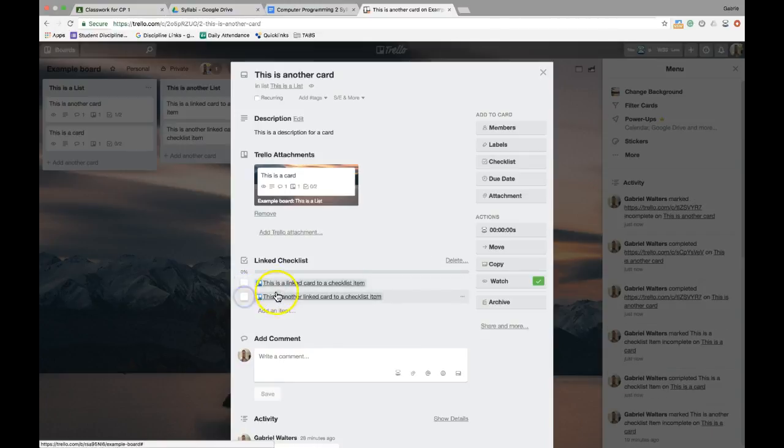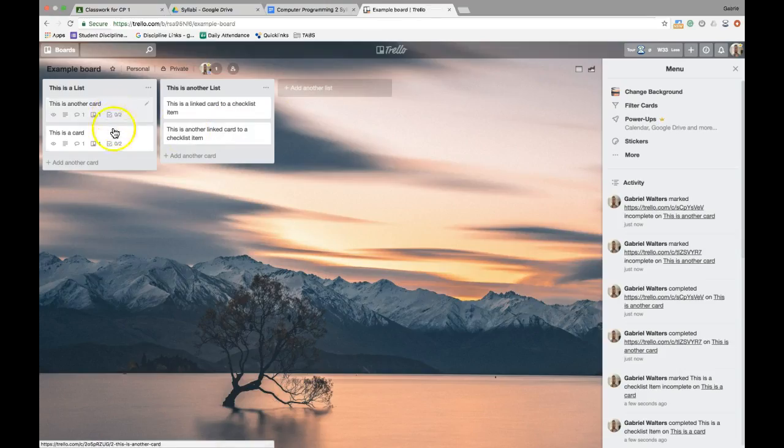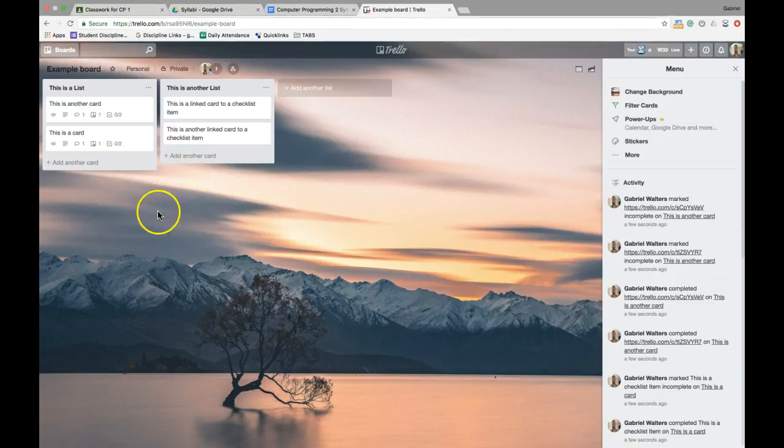Okay, and these other cards, if I clicked on them, I could go to them. I can track the time that I have for these cards, and I will have more videos explaining this. But basically, we are using this. It's one of the industry standards for project management, not just for when we're working individually, but when we're working as groups.